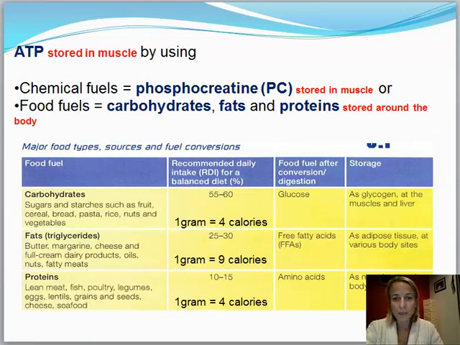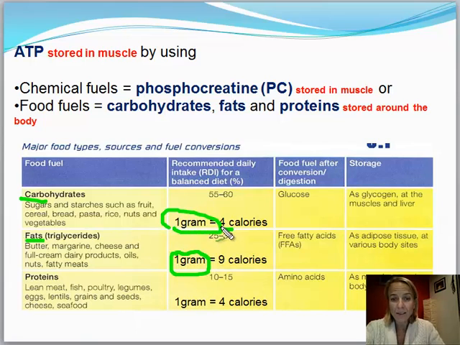This table helps us to understand how much energy each gram of the three different nutrients provides us. Firstly, carbohydrates give us 4 calories, whereas fats, and this is why we want to avoid fats to maintain a healthy weight, for 1 gram, instead of giving us 4 calories, actually give us 9 calories. So it's over double